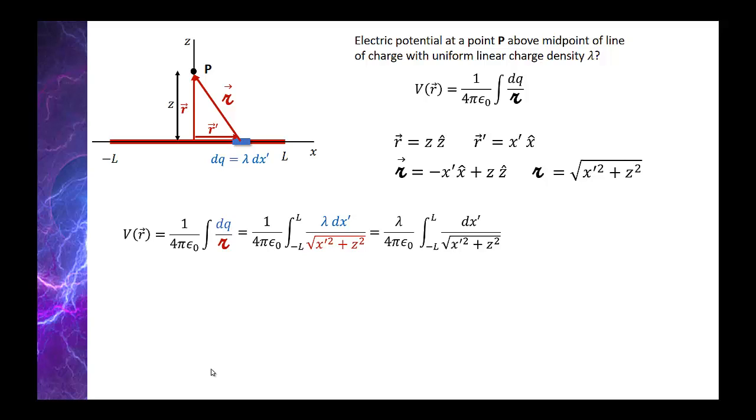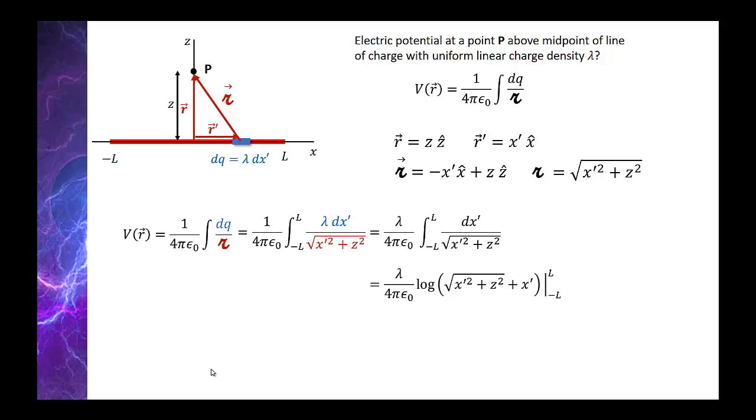Okay, the lambda is a constant, so it can come out of the integral. So we just have an integral from negative L to L of dx prime over the square root of x prime squared plus z squared. Well, this integral can be done, but it's not an easy one to do by hand, so we look this one up. And I'm glad we looked it up because it turns out the result of the integral is